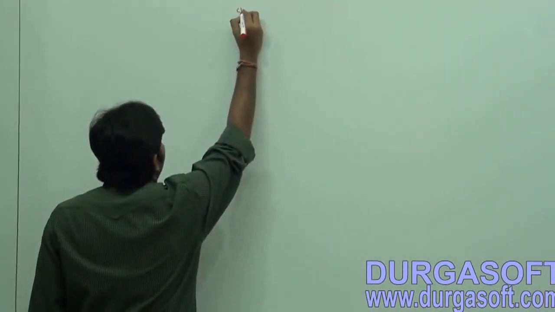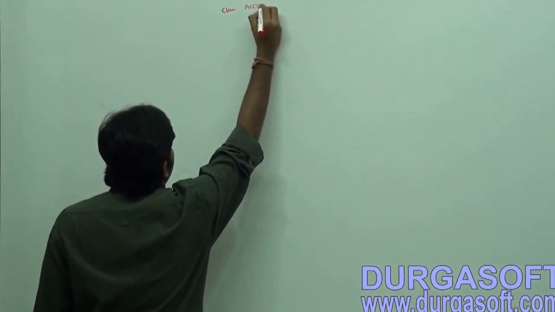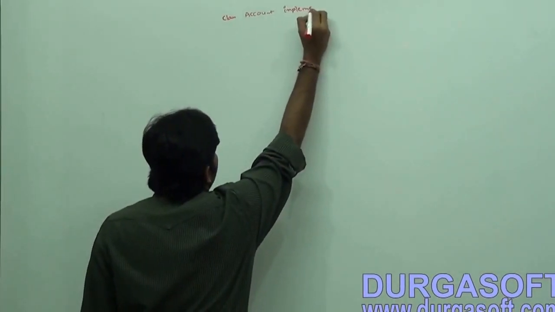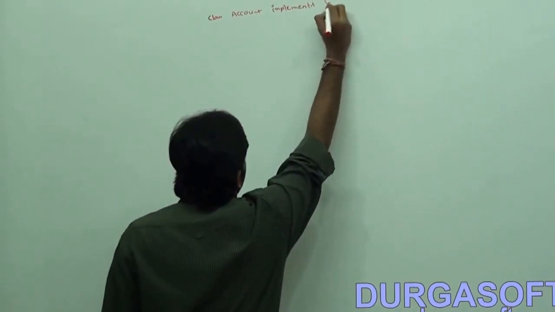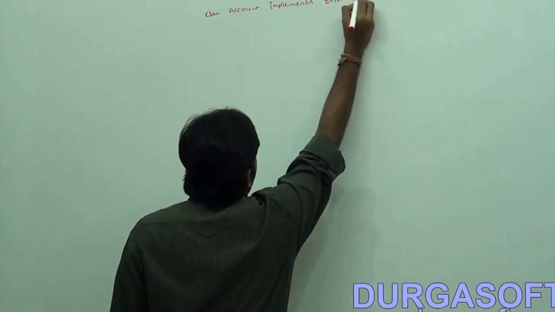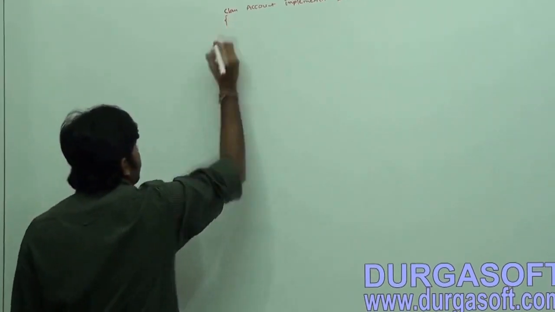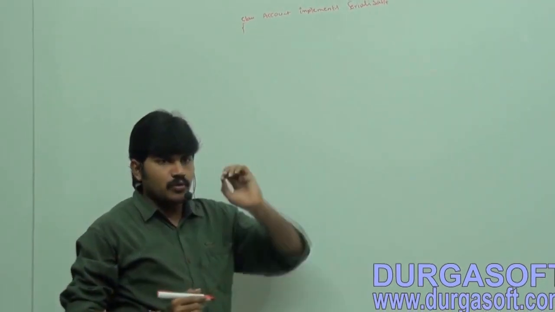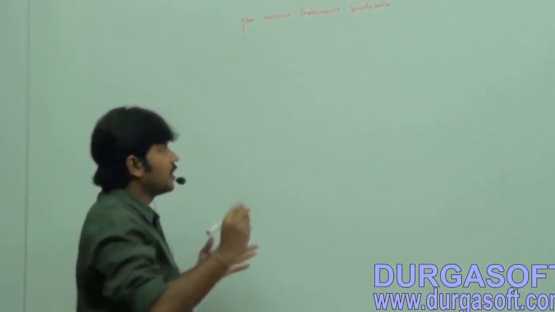Let me explain with an example what the need is and how I can solve this problem with customized serialization. First observe, let me show the problem here. I am taking class Account, which implements Serializable. For every account there are two fields. Assume that username and password are there.